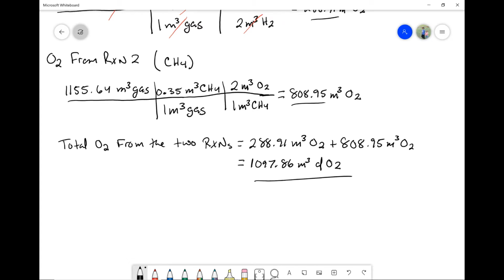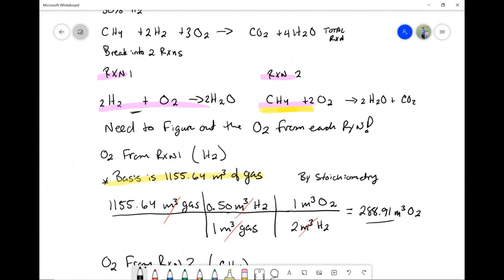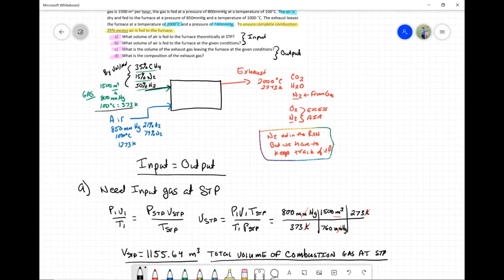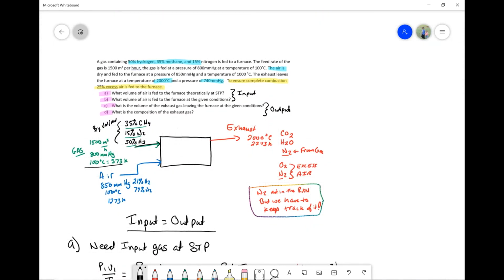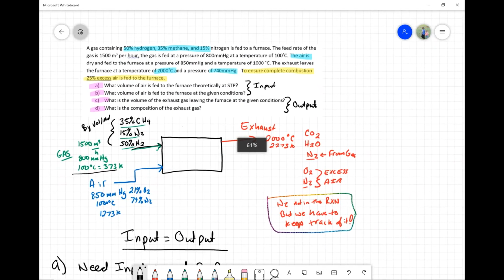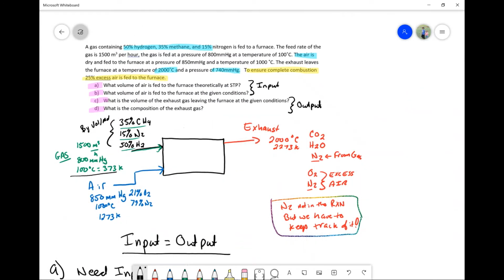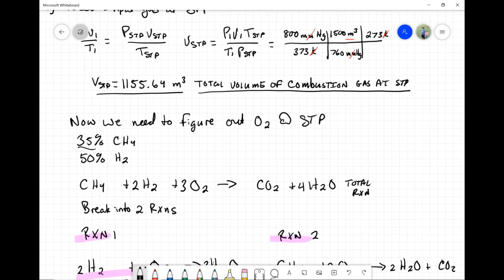Now, if you remember, go back up to the problem. Sorry, I change scales all the time. 25% excess air is fed to the furnace. And so now